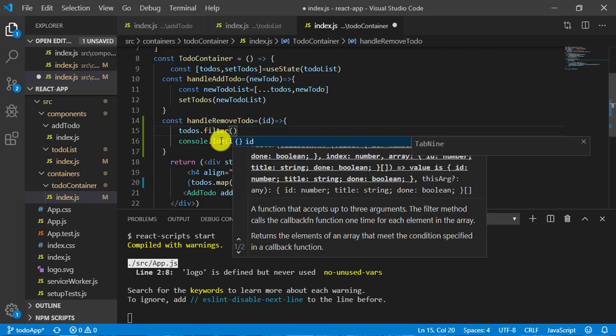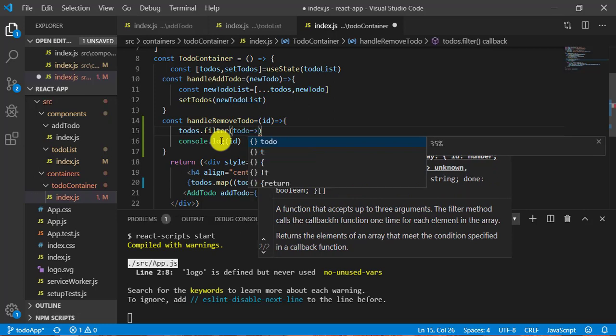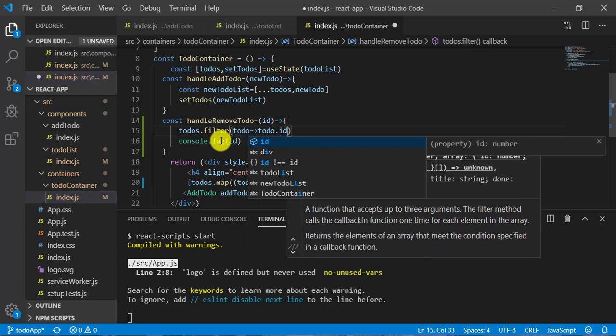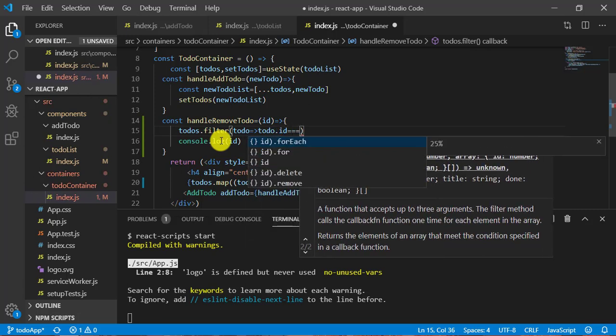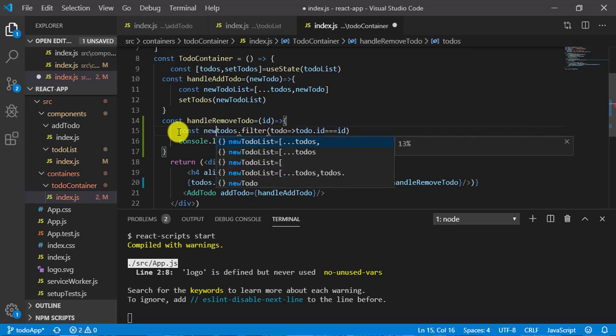So this filter is going to give me a single to-do, so I will call it todo, and here I can match with the ID. So todo.id equal to this ID. That means this condition is going to be true only once. So let me store it into newTodoList.